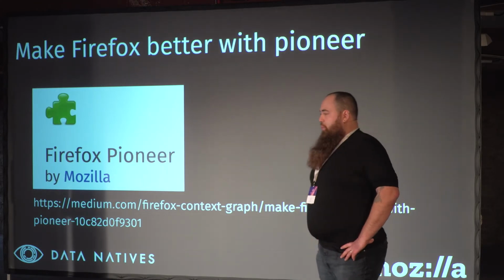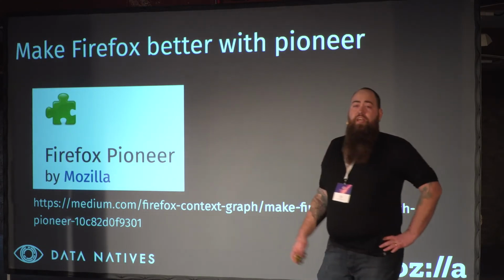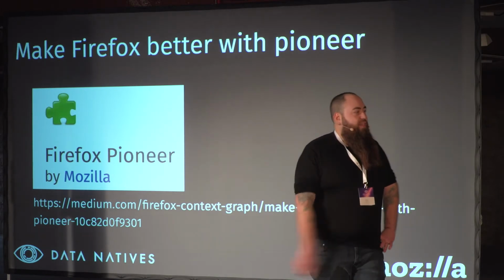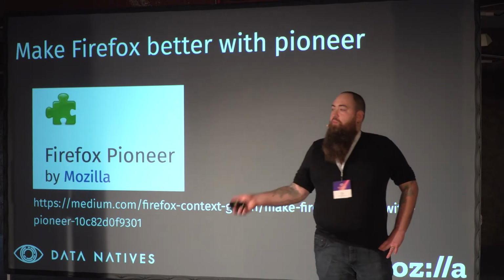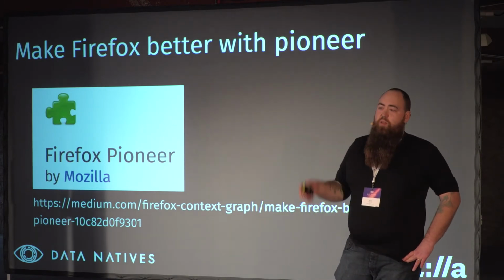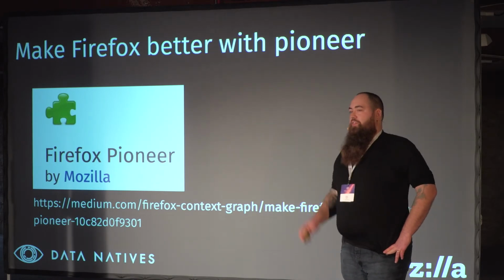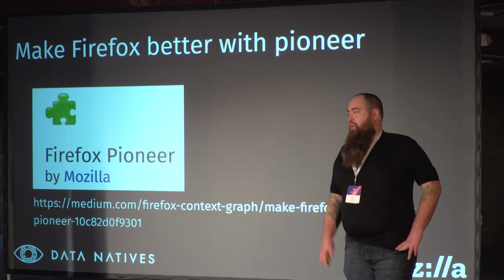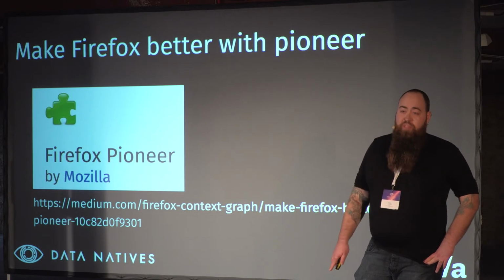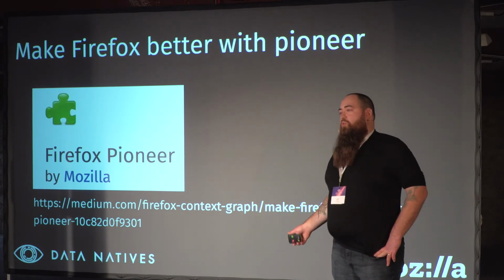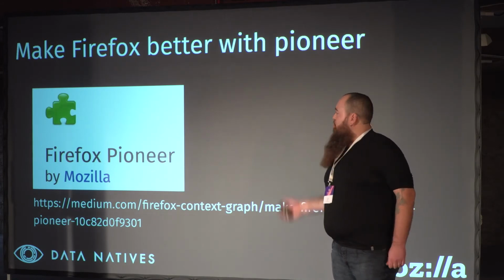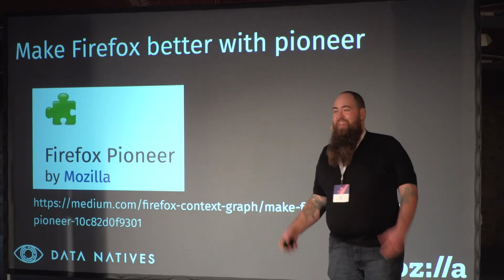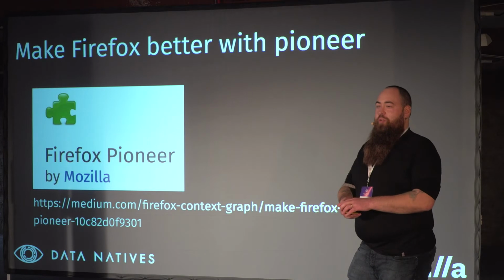So I talked about an opt-in sample. The question came very naturally for a company like Mozilla with a very strong value proposition in terms of privacy: how do we get that information? How do we figure out what the web looks like for people, without being creepy and in a privacy-respectful way, collecting information about the client's actual experience on the web? We ask. The Pioneer program is 100% opt-in. It is off by default. We try to get people to participate in the program. You install a web extension. We have a human-readable privacy policy where we actually hope that you understand what you're contributing when you sign up